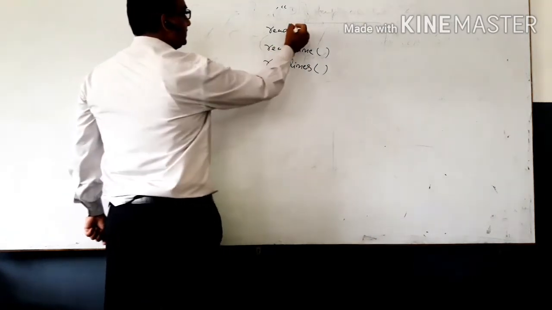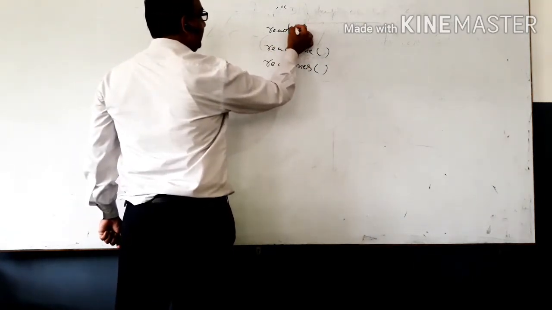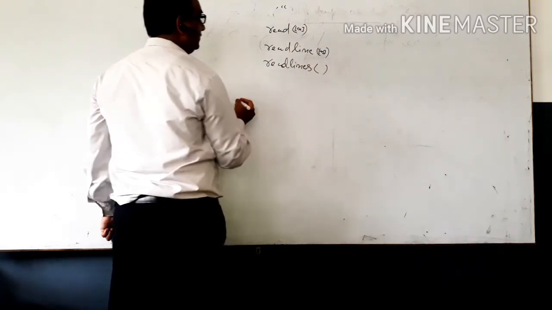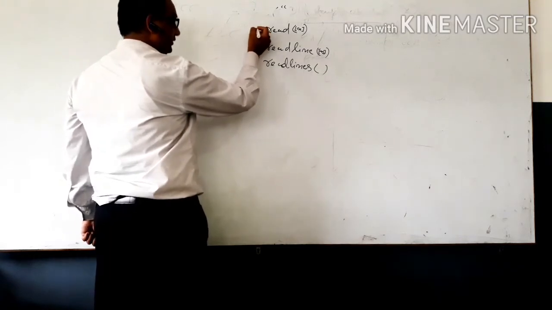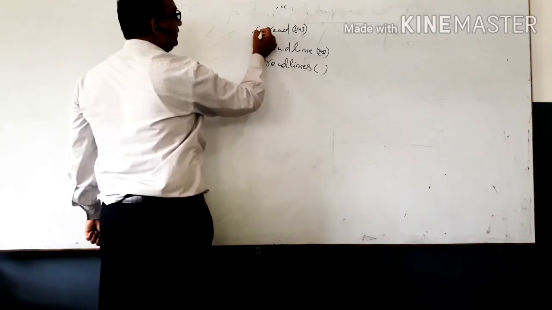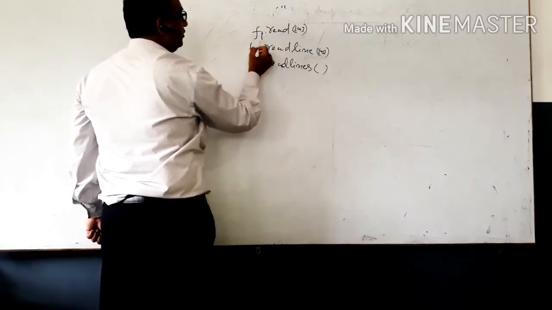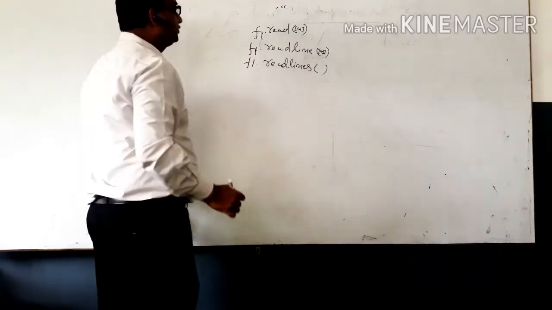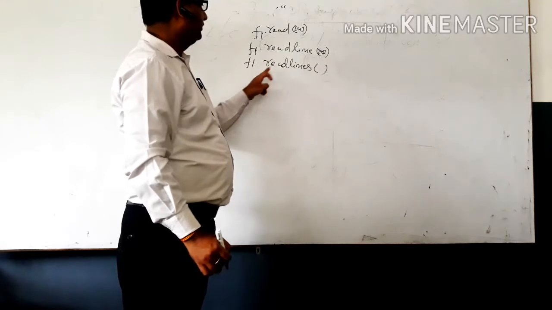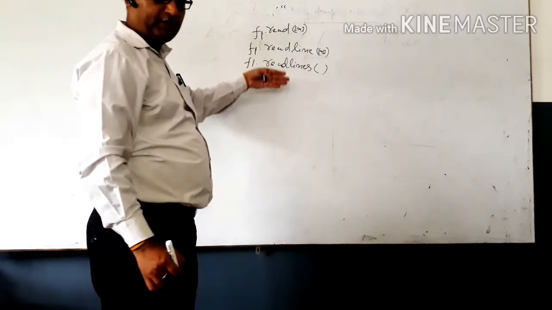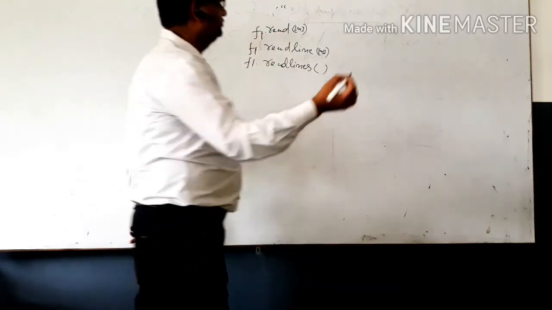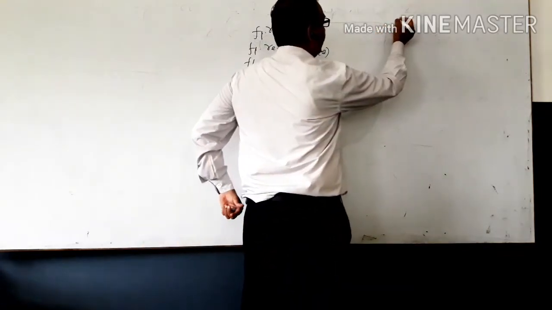This contains n, which is the number of bytes. This is optional. You can write it, or you may not. So for read, we are using the object name and then the function name. So we can use f1 dot read with bytes, f1 dot readline with bytes, and readlines. So let us come to the points one by one. What is the meaning of read and readline? It is simple. I am writing here